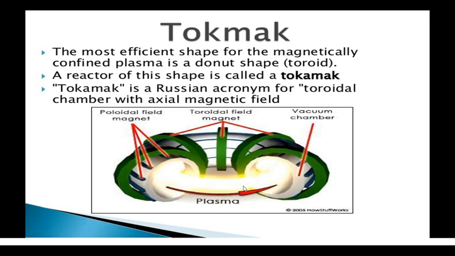So the plasma, which consists of a gas mixture of positive ions and negatively charged electrons, is moving inside. Charged particles are moving, which means there is a magnetic field. That magnetic field is denoted by this, the poloidal field magnet. And also, this is the toroid. These are the windings. There is current through this winding, so it produces another magnetic field, which is known as the toroidal field magnet.